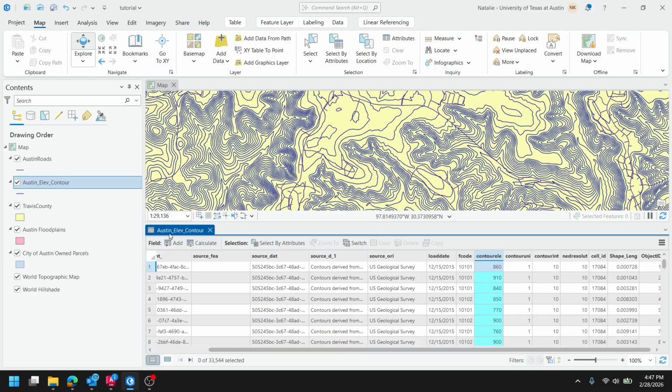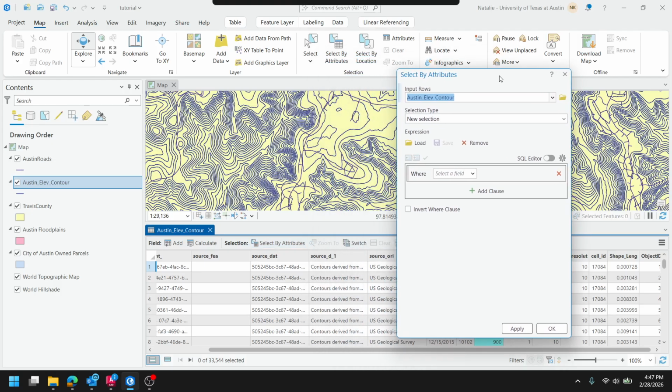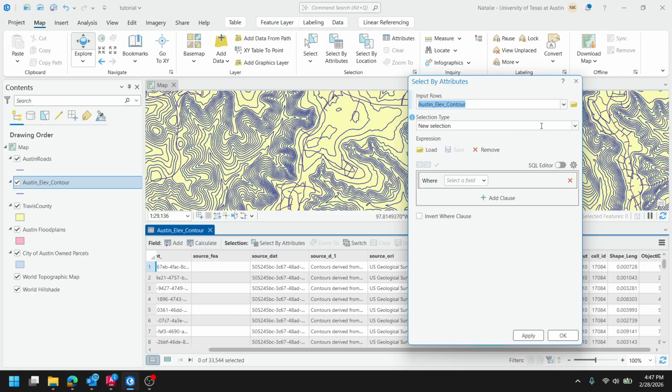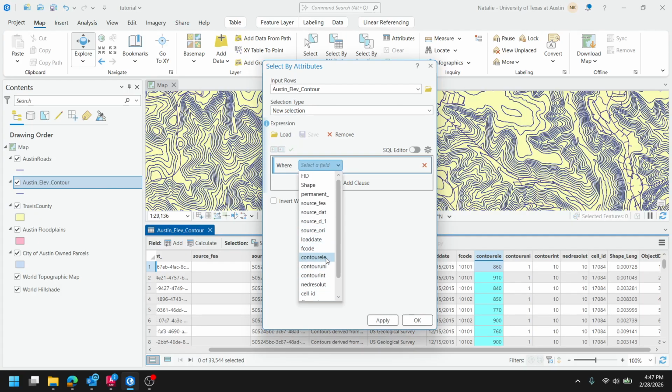So if I'm in this attribute table, I can do select by attributes, and this is basically going to just filter out, and it can be a little bit confusing the way that it's laid out. But we're going to select what this column is called. So contour,